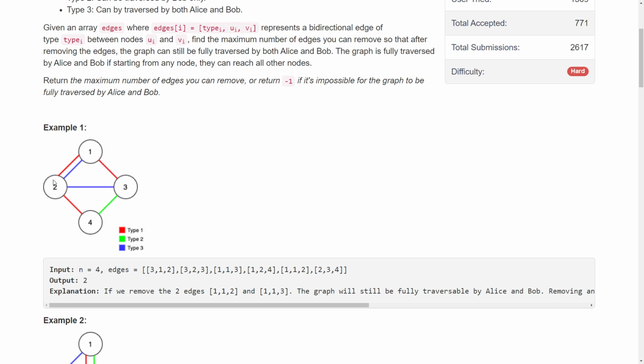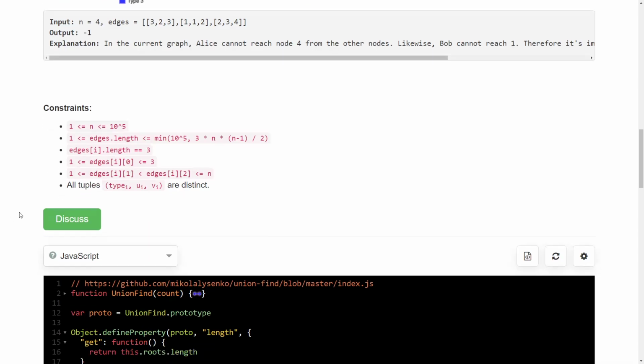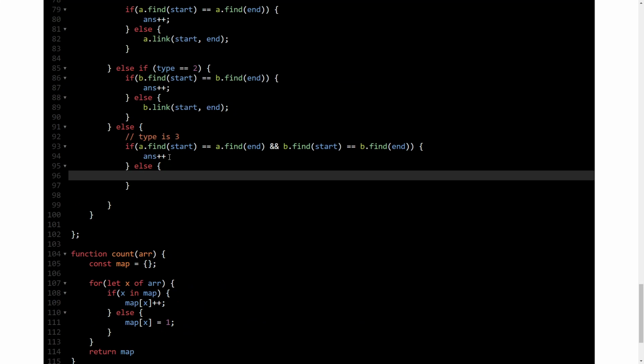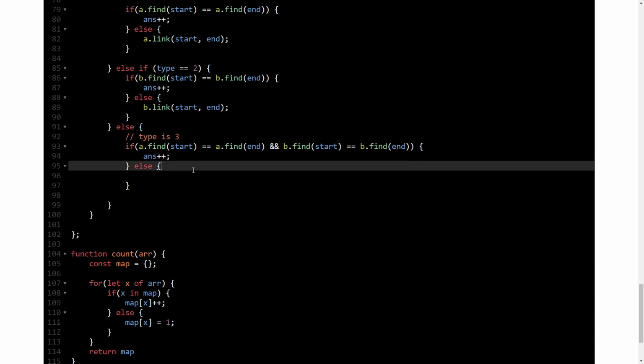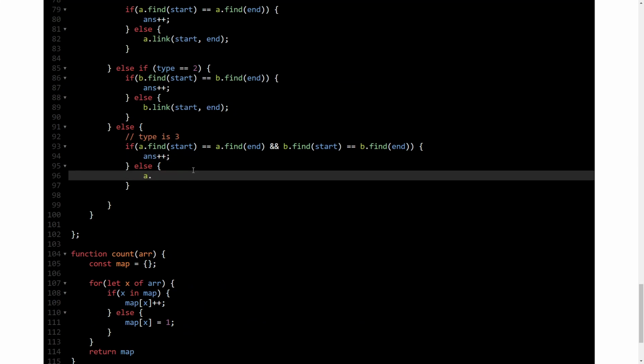When we looked at 1 and 2, then in both Alice's and Bob's sets we have 1, 2. When we look at 2 and 3, then in both sets we have 2 and 3, so 1, 2 and 3. Now if I look at 1 and 3, I need to check whether it can add any value to either Alice or Bob. If it can't add any value to both, then it is redundant and we remove it. Otherwise we can include this edge in both of them.